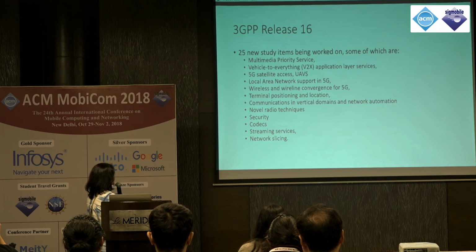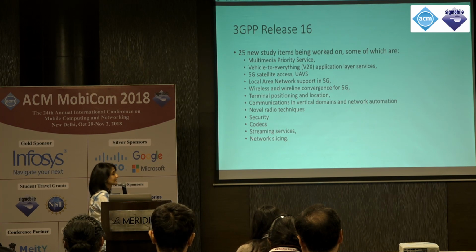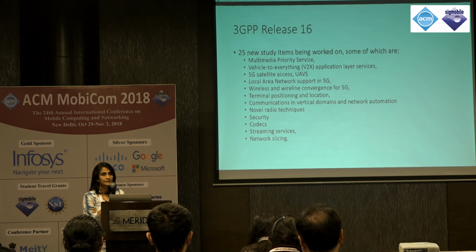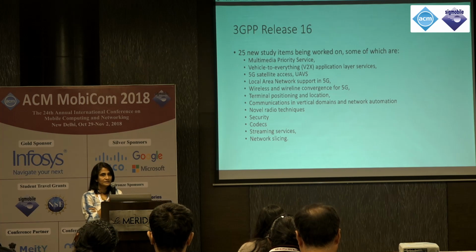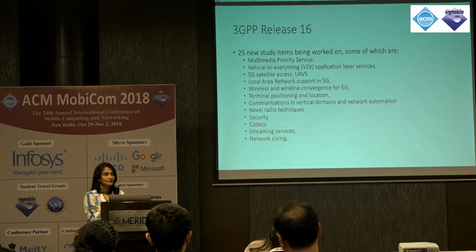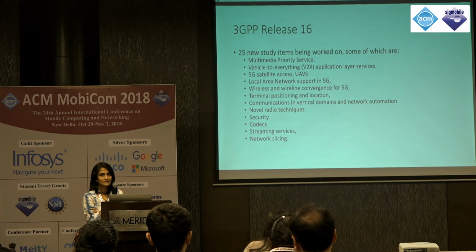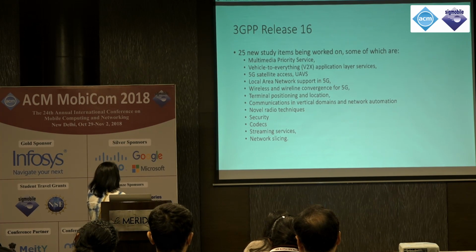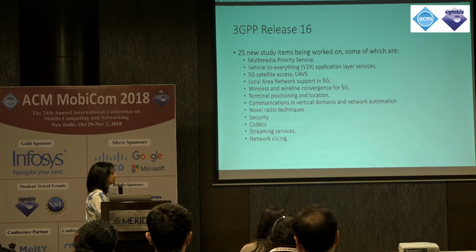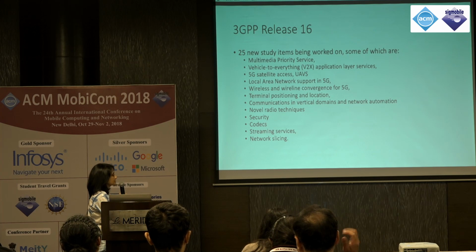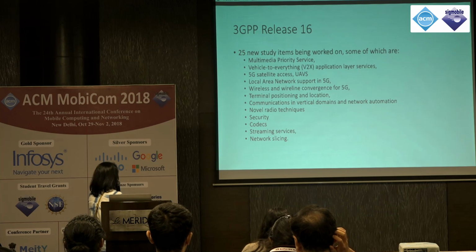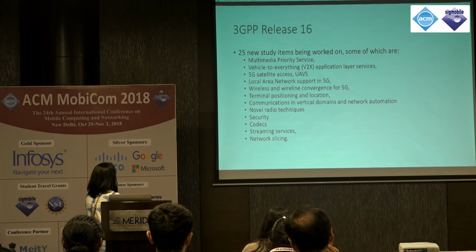They're trying to expand the 5G specification to things like satellite access and UAVs. UAVs are becoming one of the things people are considering very seriously for applications like disaster networks. So if you already had a specification for UAVs that allowed them to use 5G base stations as hotspots, that makes the deployment of these systems a lot easier. Local area network support in 5G, convergence, positioning. The verticals that I talked about are quite an important driver for some of the items in Release 16.